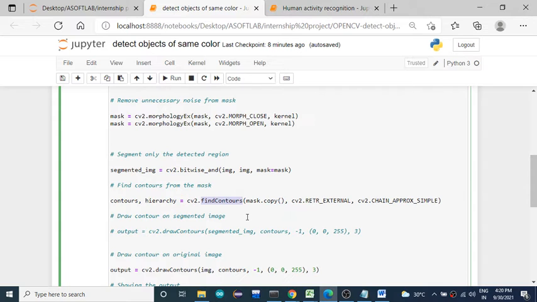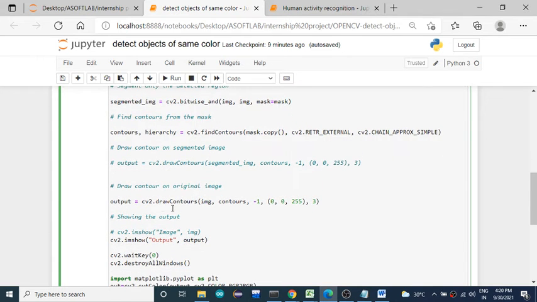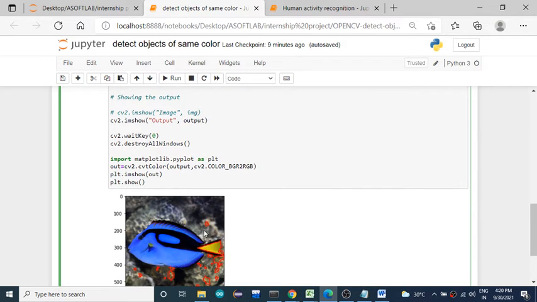Okay, so here I used the contouring find contours method to give a boundary of a specified colored area. Okay, so that's what it does here. After that I'll draw the boundary. Find contours will just find it and it will be stored in an array format. If I use draw contours, then it draws the boundary around the object, the specified area, the region of interest. Around that it is going to draw a boundary if I use draw contours. Okay, after that if we display that, you'll be able to get this.